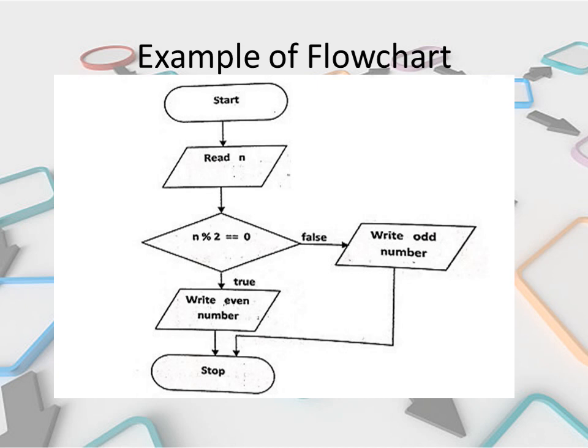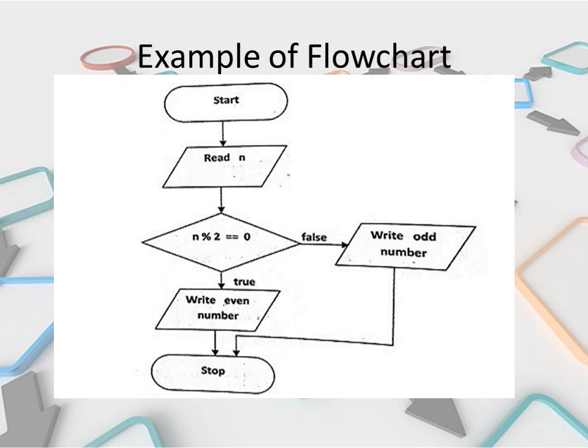Now what are examples of flowcharts? Here is an example of a flowchart to find out whether a number is even or odd. How will we find that out? Firstly, as you can see there, there is a start option, then a flow line, then an input box, from which the user can give the input value for processing. The user has written there: read n. It means you have to give a number to find out whether it is an odd number or even.